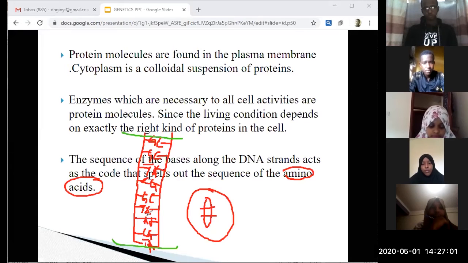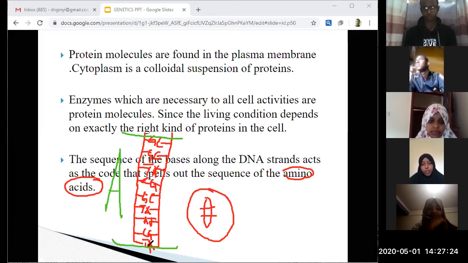DNA is a long structure, a long polynucleotide chain. But now I'm just narrowing down to only a small portion of it, which is representing a gene. Now, supposing this is gene A, which is responsible for synthesis of melanin. Okay. Now,